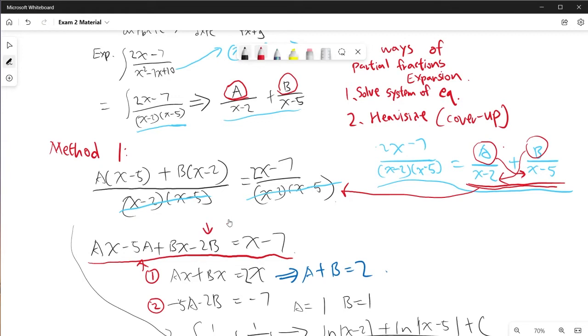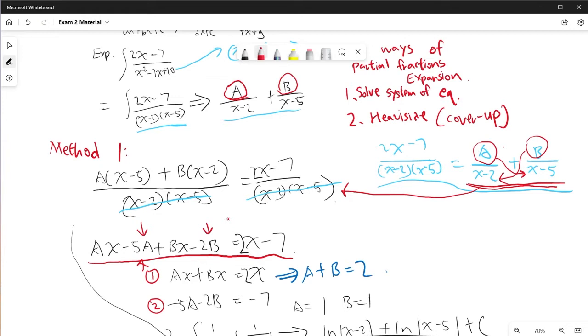Oh, I forgot a 2 here. So this part. Similarly, the negative 5a and the negative 2b can never equal a 2x or anything containing an x,